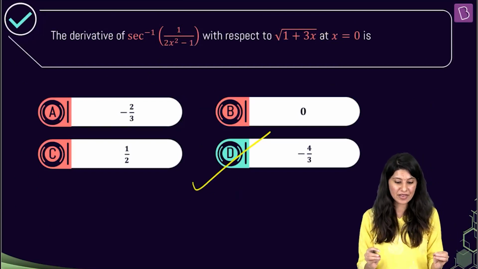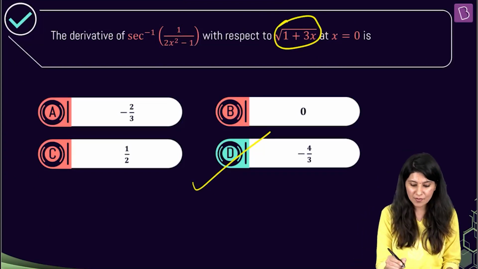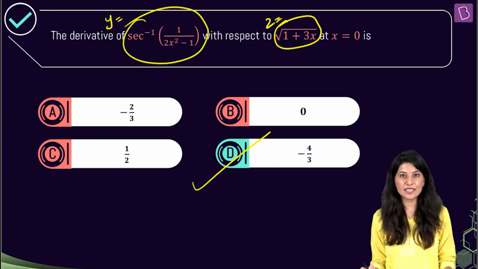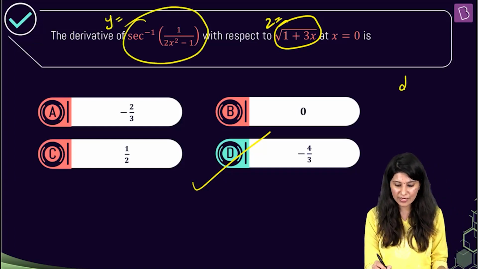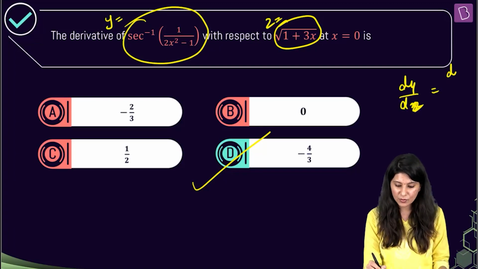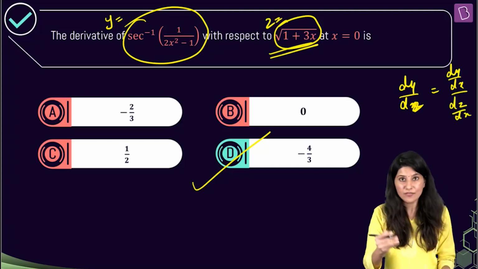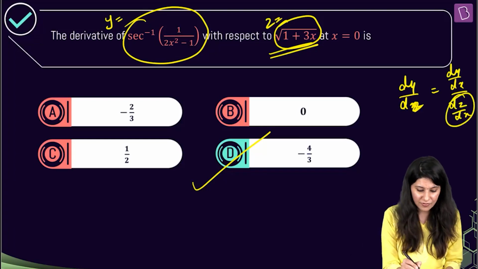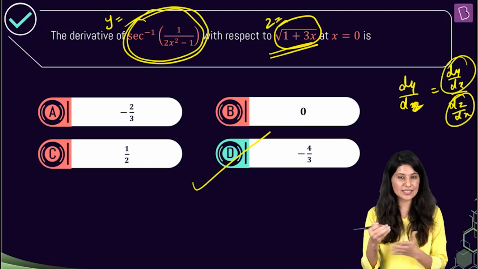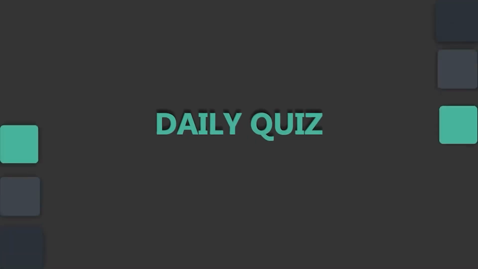So you know, whenever with respect to some other expression is given to us, just mark it as z and mark this as y, right? Now dy by dz you need to calculate, and think about parametric differentiation. So that would be dy by dx whole upon dz by dx. Differentiate z with respect to x to get this. Differentiate y with respect to x to get this. Divide these two. Put the value of x. That's all. Got it?